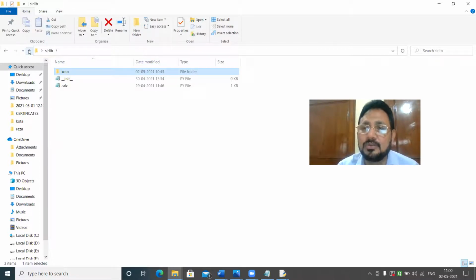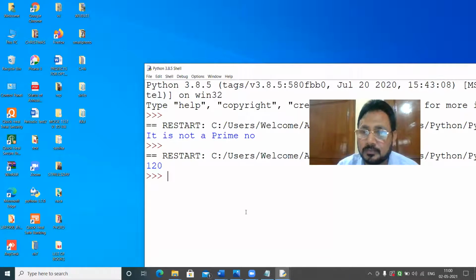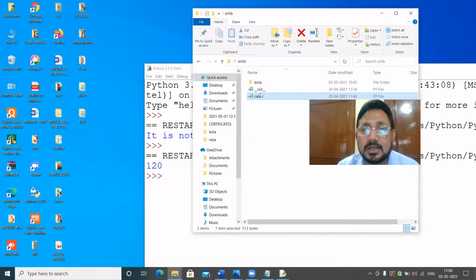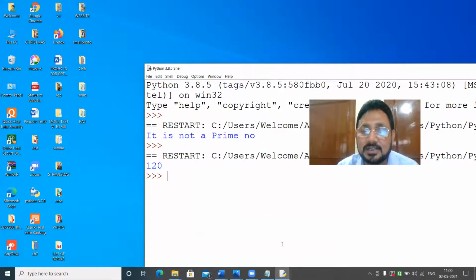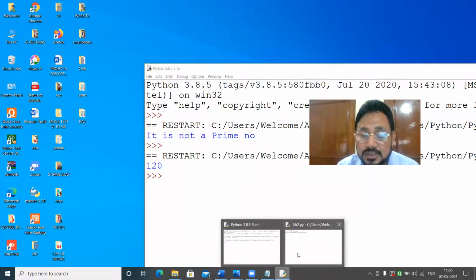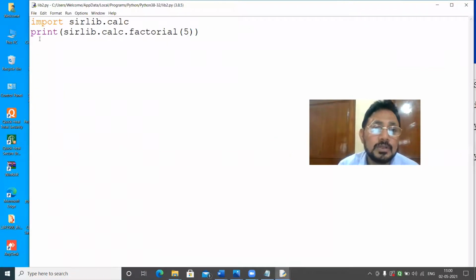what we have to do? We have to call the Sirlib folder, then we have to call the quota folder, and in quota folder, we have a module send parent. So in order to go to the send parent, we have to first write import.